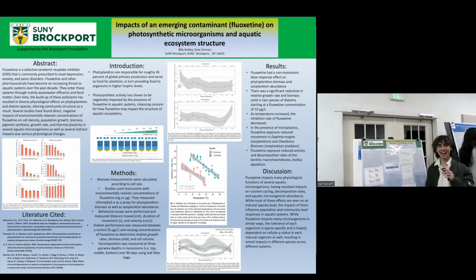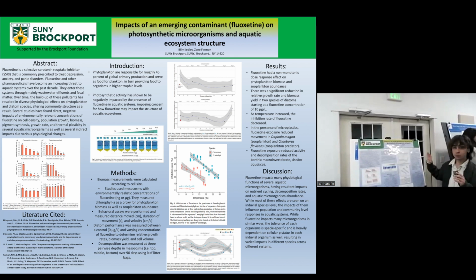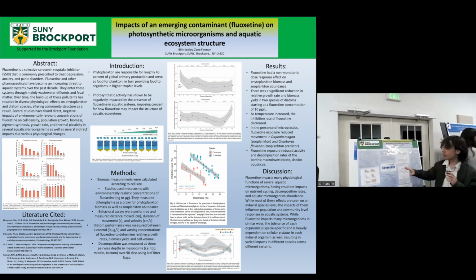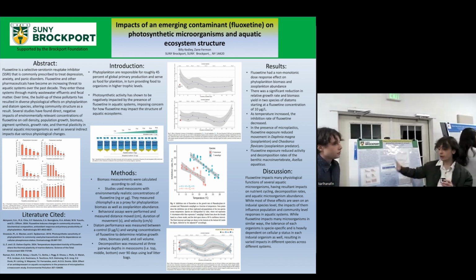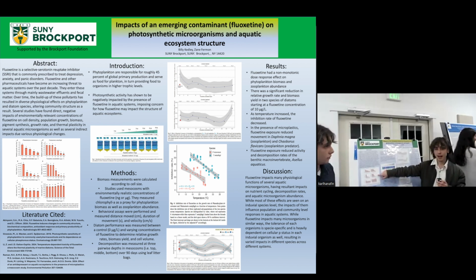Hi, I'm saying. So, they found some really interesting things. Overall, they found that there were generally some very negative impacts on the growth rate and the biomass of two diatom species in this study. They found that biomass yield, in cells, decreased as soon as you hit about 10 micrograms per liter of fluoxetine. You see the same trend with the relative growth rate of each of them starting to decrease at 10 micrograms per liter.